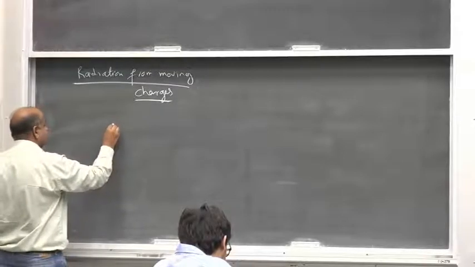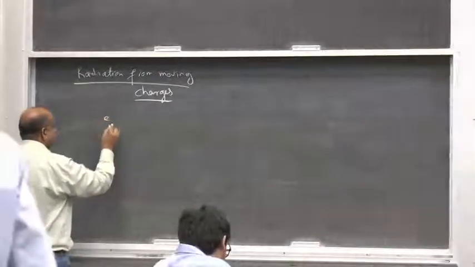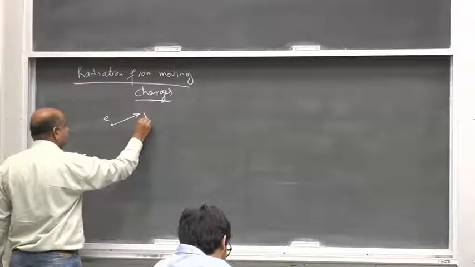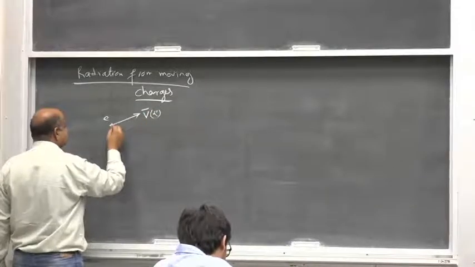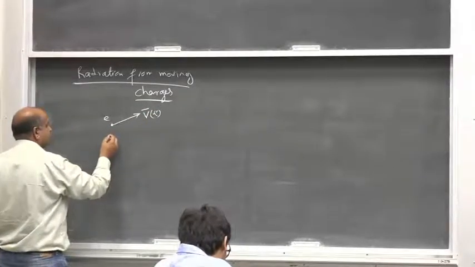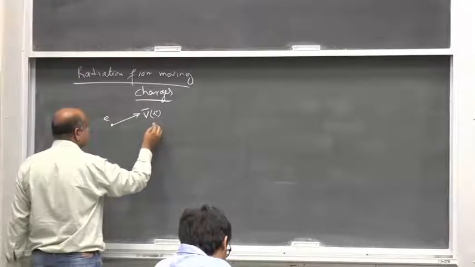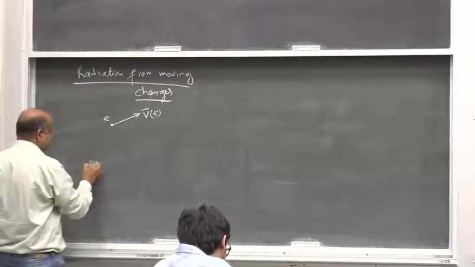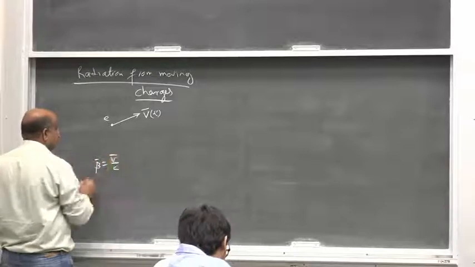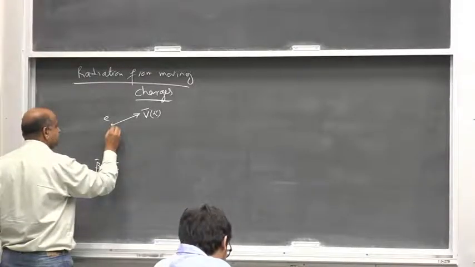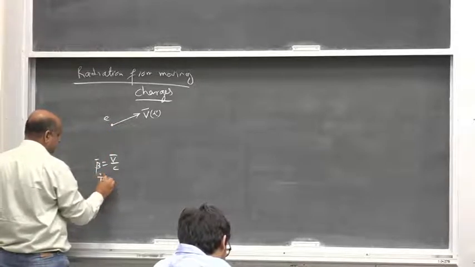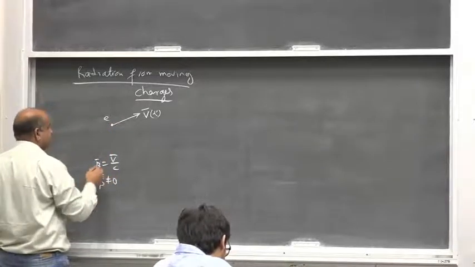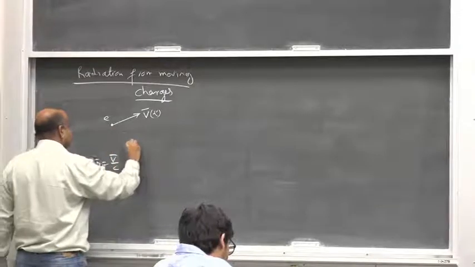So we had a charge e moving with velocity v, and we defined beta as v over c, and it might also have an acceleration. In general, it's not zero. And let's say